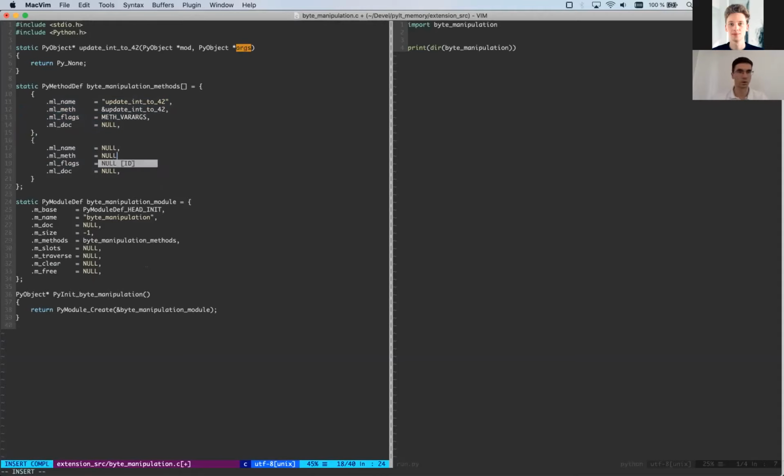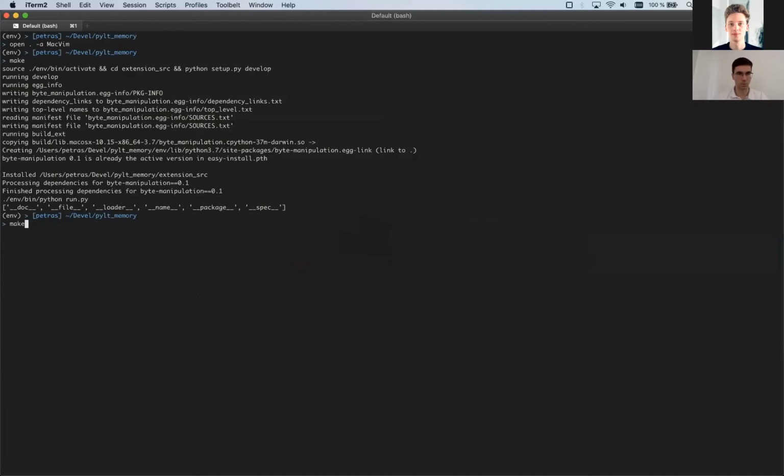We're just gonna have everything be 0, and Python will know that this is the last element, just a 0 flag to end the array. So right, we have methods, and let's try to recompile and run.